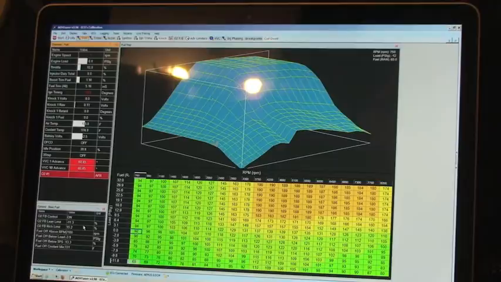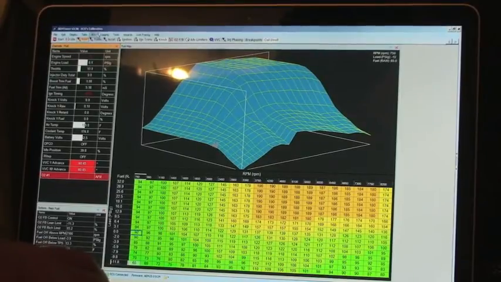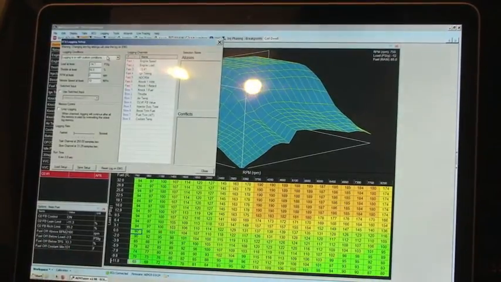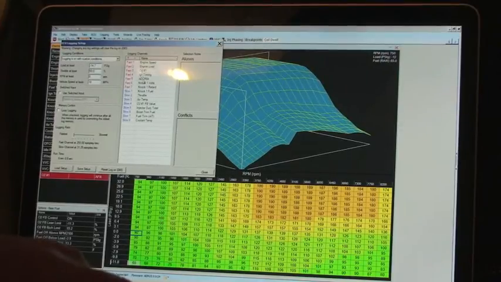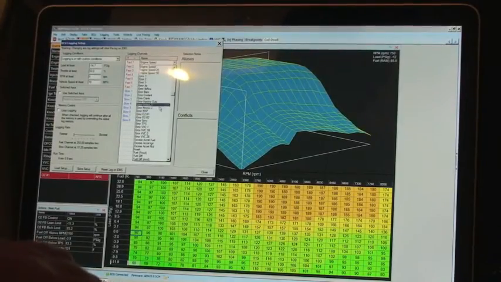Now we're going to move into ECU logging, which is a little bit more complicated to set up and configure. You'd go to logging, ECU internal logging setup. Inside of there, you're going to find a variety of options. You're going to have the channels that are being logged. Now these are all configurable and customizable. In order to change one of them, you simply double click it and select whatever parameters you want from the